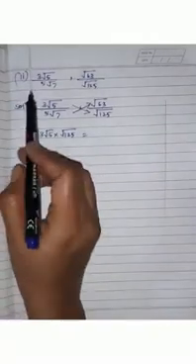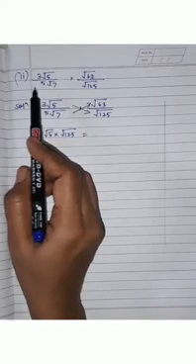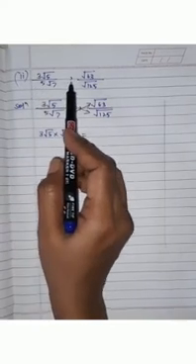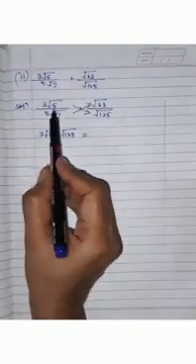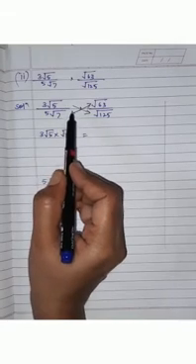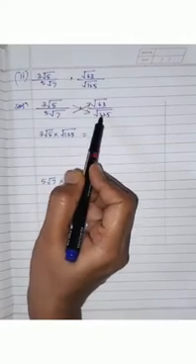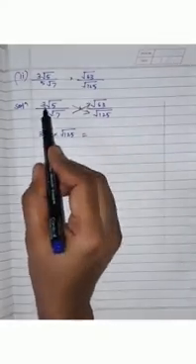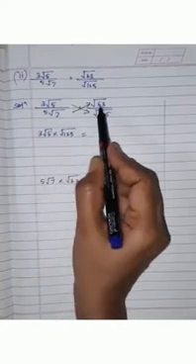Now students, our second sub question is 3 root 5 upon 5 root 7, comma, root 63 upon root 125. Now we have to compare these two ratios. So children, the solution will start by writing the question, and here you can see that I have put the arrow mark. That means we have to do the cross multiplication.